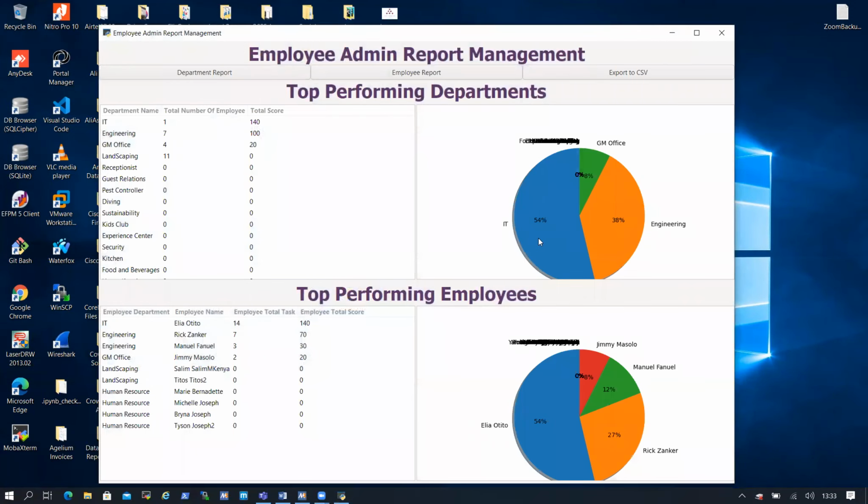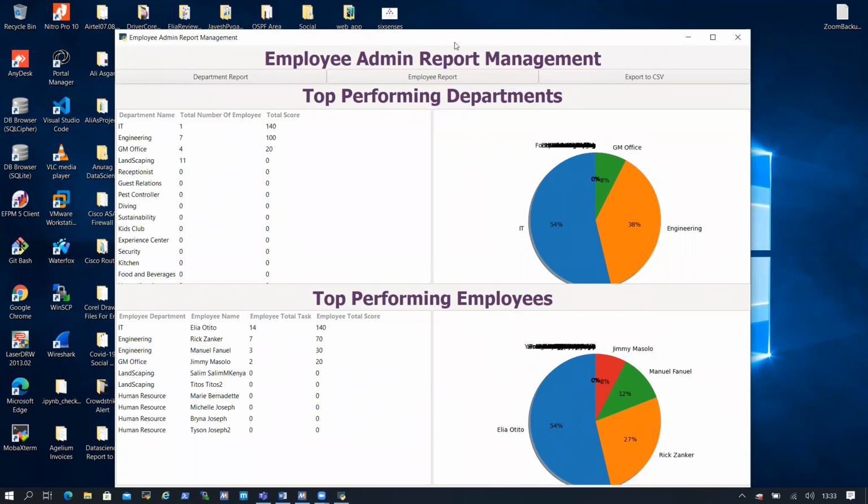So once I log in like this, because I'm admin, we have admin people like HR, finance and directors who will be able to see all the department scores. Some of the HODs, once they log in, will be able to see only their department scores and their department reports. So as you can see here, our report,